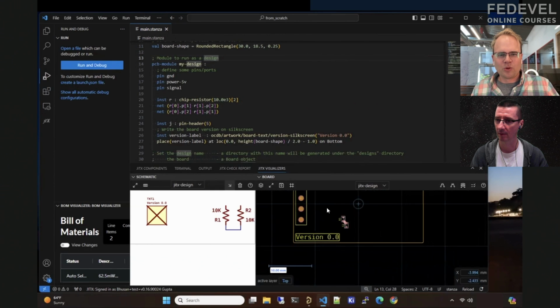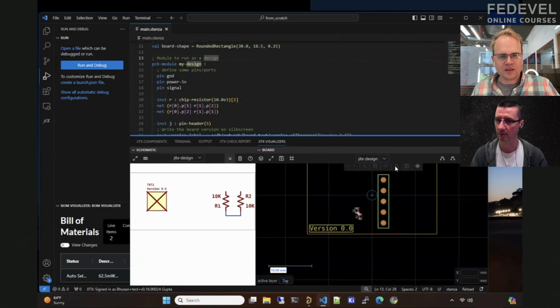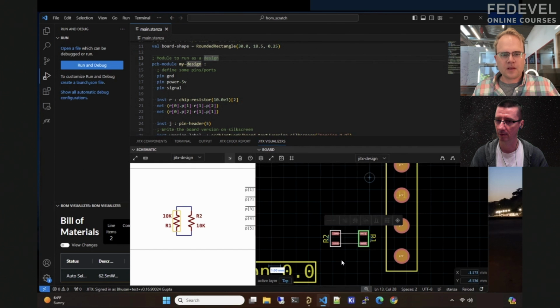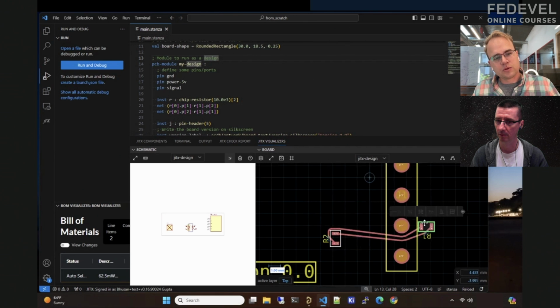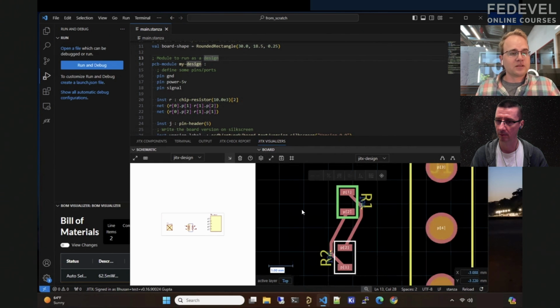All right, so now we got more stuff going on. I guess I haven't attached that connector to anything. But yeah, the router itself can do a lot. If I route these things, I rotate, it's going to continue to find paths for these things. And the nice thing is that all of these will respect your manufacturing rules and your SI constraints, as well as your power. So you cannot make an illegal trace. You cannot make a non-manufacturable thing or something that does not explicitly follow your rules